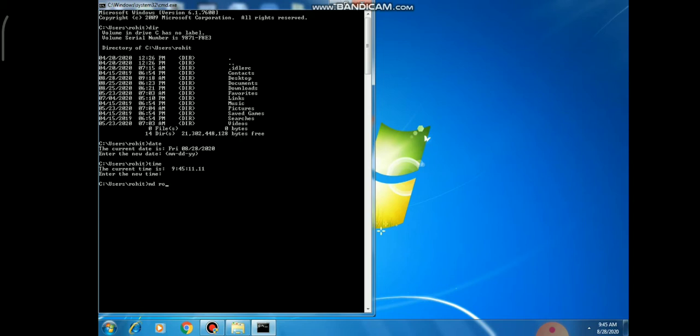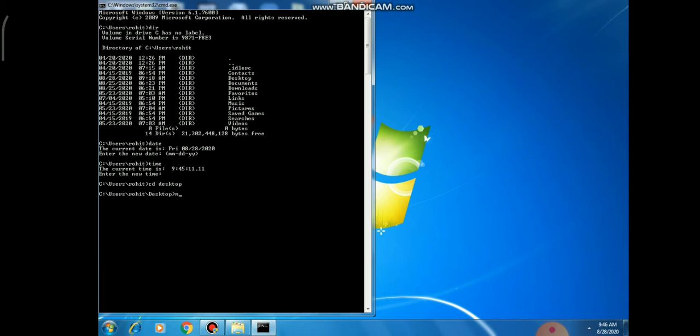Suppose you can see here my current directory is C, which contains a directory user, and then another, Rohit. If I want to change the directory to desktop, first of all I have to write cd, then type desktop, and after this press enter. By pressing enter, you can see your directory changed to desktop. So this is the way we use the cd command.